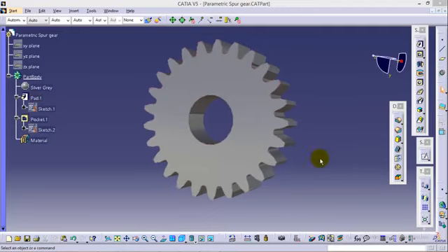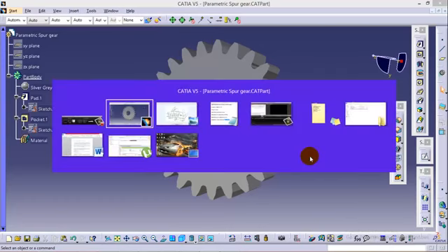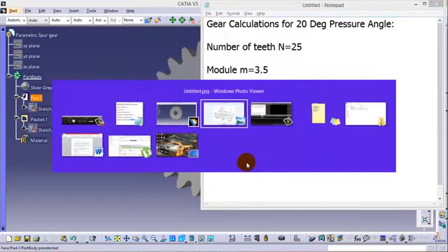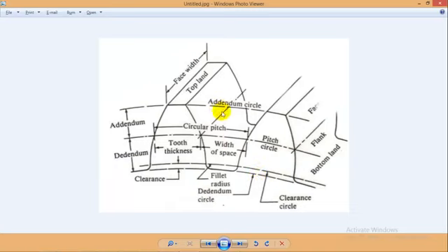In this tutorial I'll be showing you how to make a spur gear in CATIA V5 by using parameters and formulas. Before starting with the actual design, let me quickly show you the profile of teeth, which is right over here. As you can see, there are four circles here: addendum circle, pitch circle, clearance circle and dedendum circle. What we're going to do is define two variable parameters, module and number of teeth, and represent each circle's radius in terms of these parameters. So we can have a gear of any size and any shape by changing just these two parameters. We don't need to start from scratch every time.